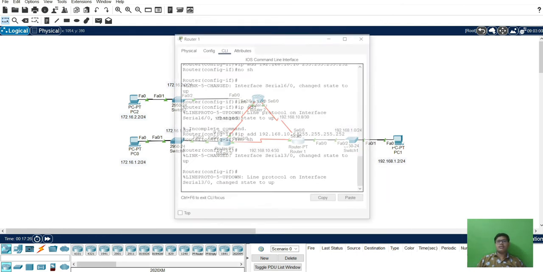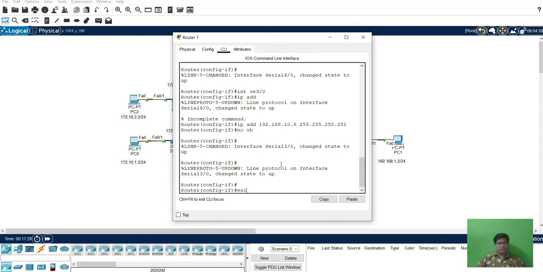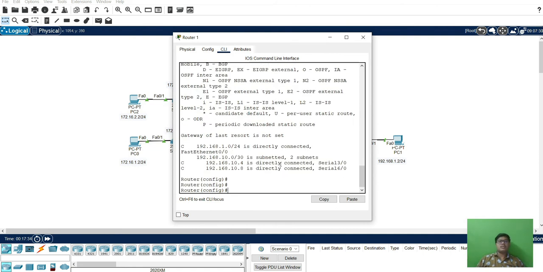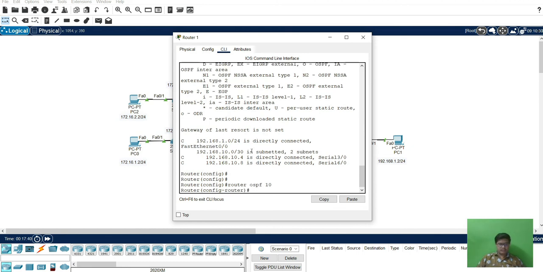Next to router 3. So this is the IP route. Router OSPF 10 network 192.168.1.0, 0.0.0.255, area 0.